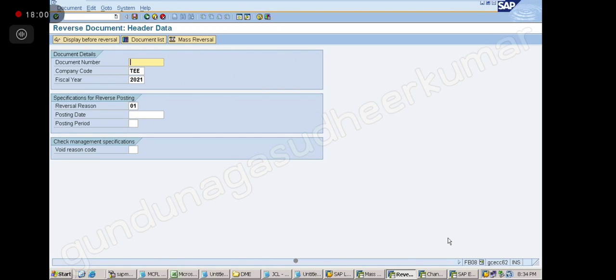Posted is different. We can delete parked documents, right? A parked document is also not posted, no? It can be deleted if you want to remove it from the system. Yes, you can delete the parked document. There are some key changes to be done at the back end, and for that authorization should be given. Is it clear? Yes, sir.